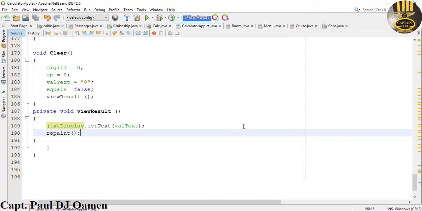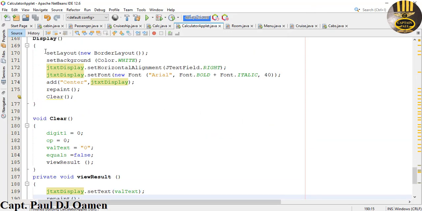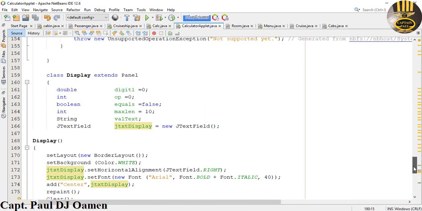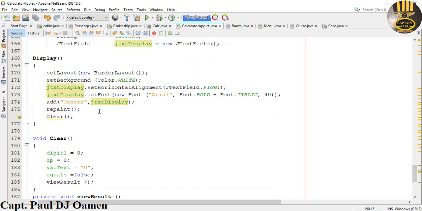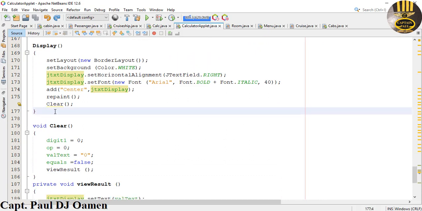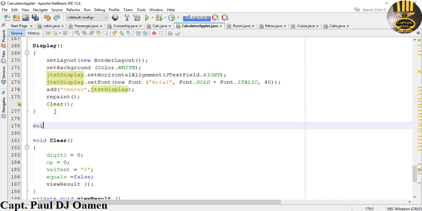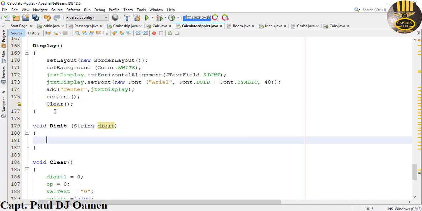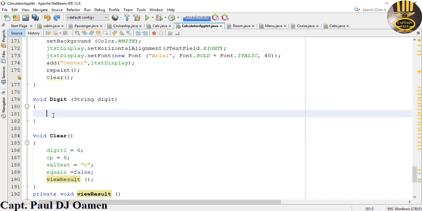So close that, and I'm going to come right underneath here. See, right underneath the method display that I have in here. Okay, so right directly underneath this constructor. So what I'm going to do is, first of all, let's create a function in there. I'm going to call that very function digit, and that digit is going to take in the following. The digit that is taken in will be a string character, and let's enter curly braces in there. And let's use an if statement there. We say if value text